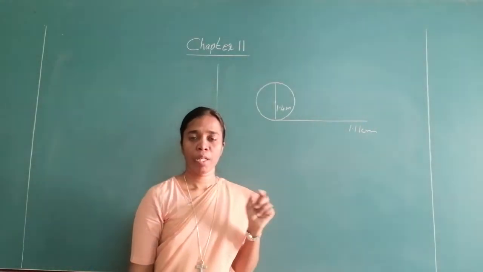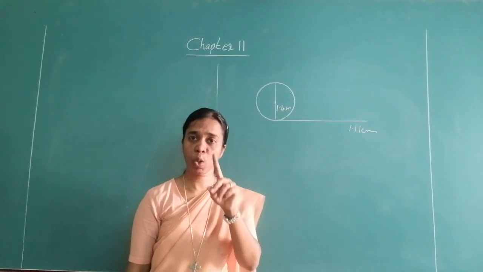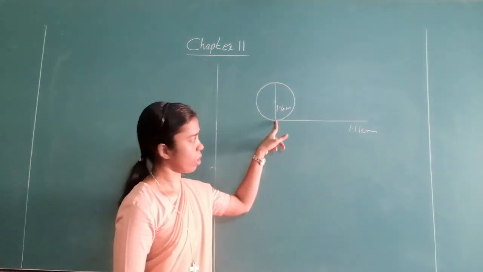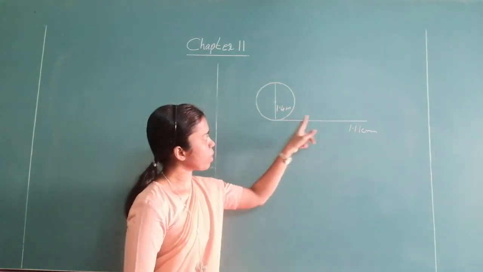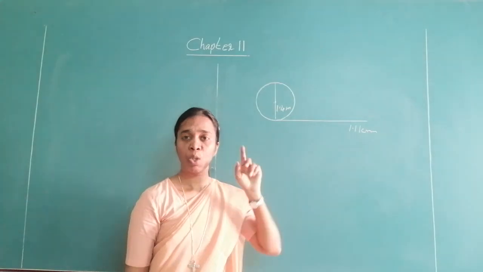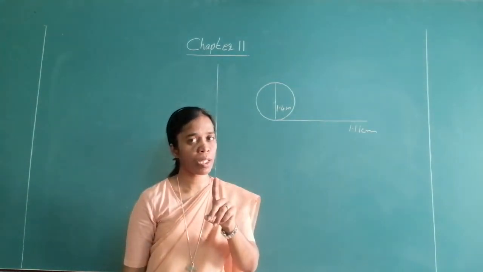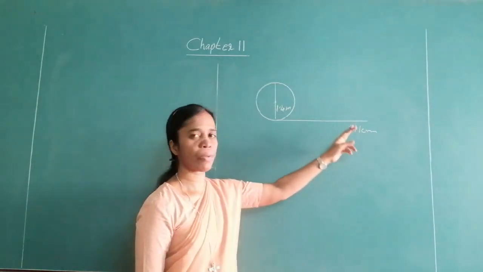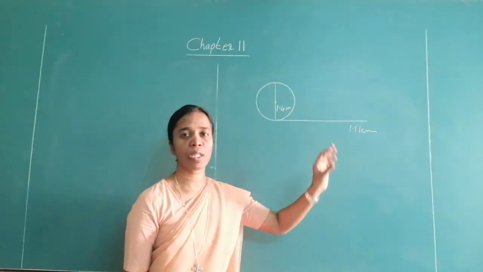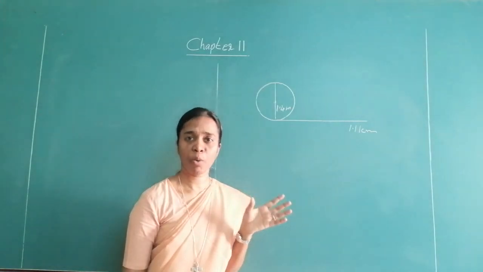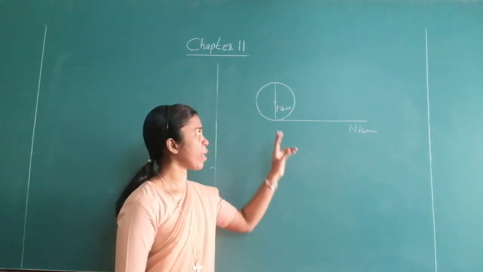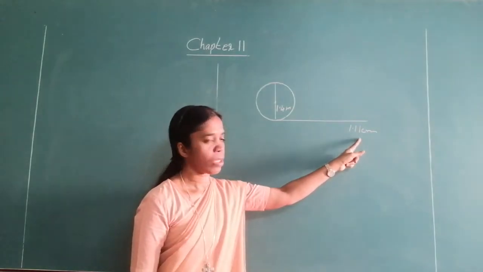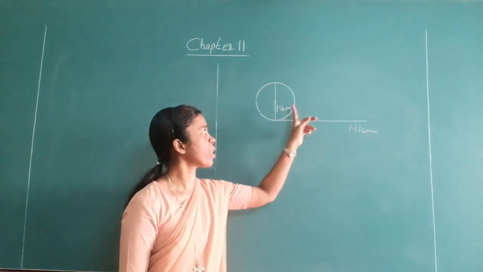Now, one rotation is equal to one circumference, because suppose it starts moving from here, okay, then it turns the full round, means one circumference is over. So one rotation is equal to one circumference. So if you can calculate the number of circumference, that will be equal to the number of rotations. So how do we solve it? First we will find out what is the circumference. Okay. Then we convert this kilometer, because this is in kilometer and this is in meter.